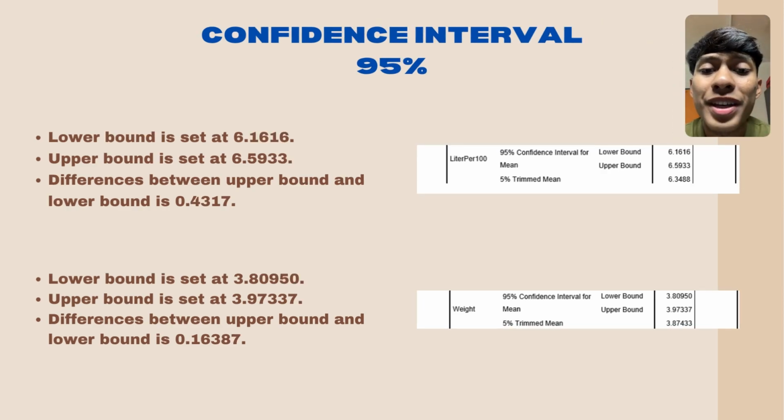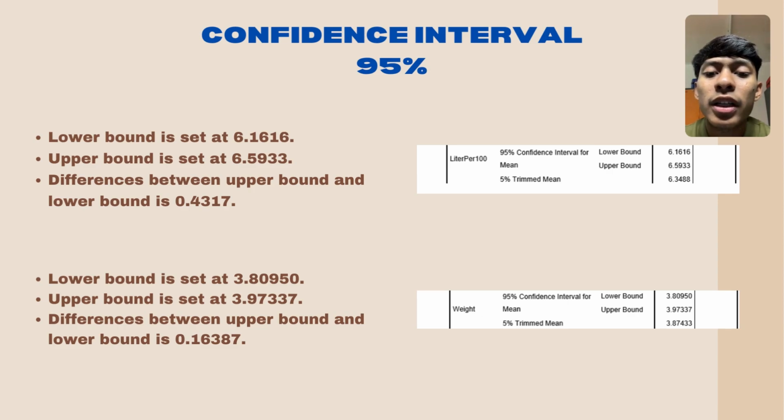Explanation of confidence interval 95%. The descriptive output table shows that our 95% confidence interval for the mean in liter per 100 has been calculated. The lower bound is set at 6.1616 and the upper bound is set at 6.5933. The difference between upper bound and lower bound for the 95% confidence interval for the mean in liter per 100 is